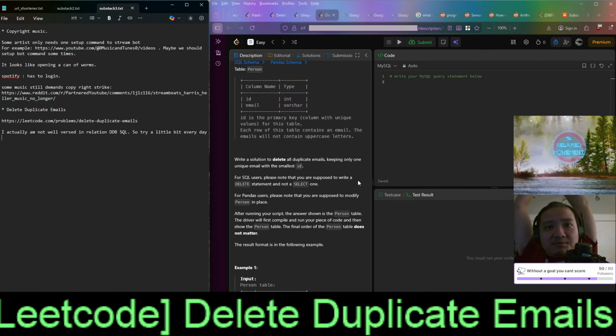Please note that you're supposed to write a delete statement for pandas, not using the select one. Actually very common in business, insight about your business.